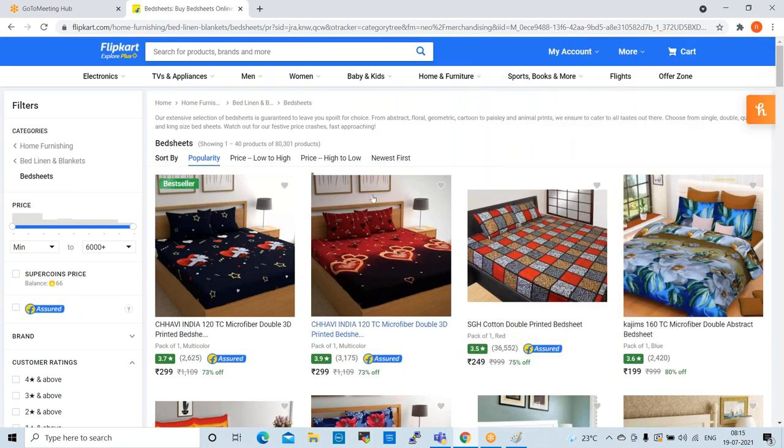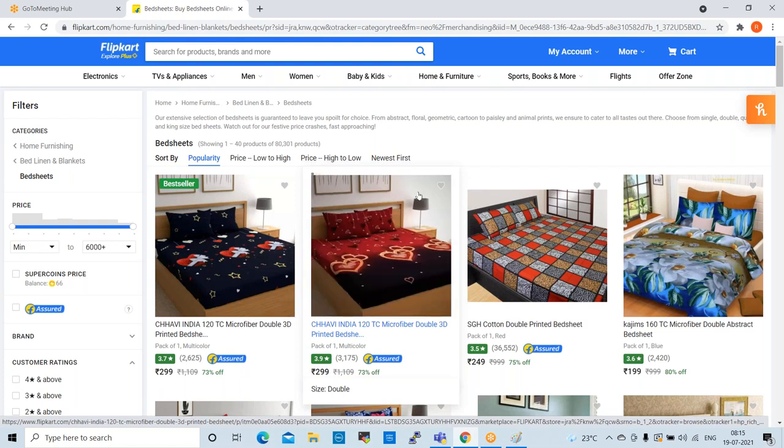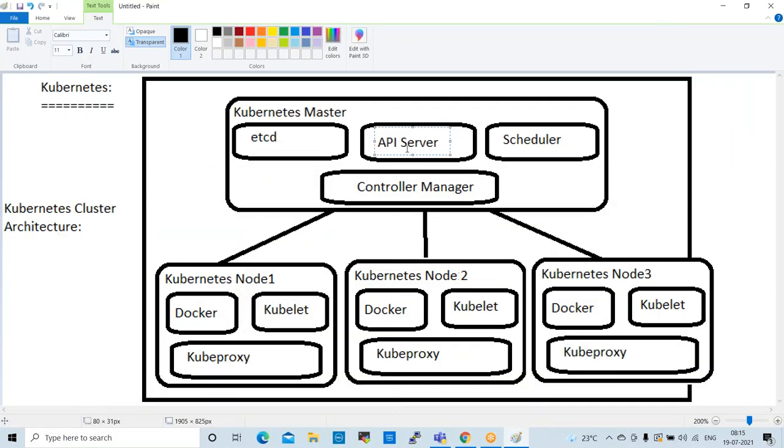Every day, every time, they will update the containers. Whenever they submit that manifest file, it will directly hit the API server. The API server will send it to the scheduler. The scheduler will distribute the load equally on the nodes.